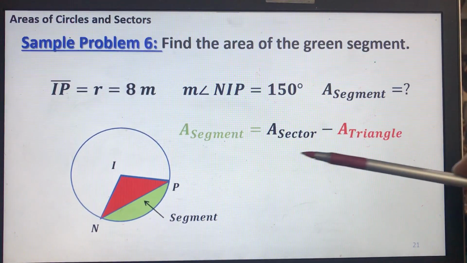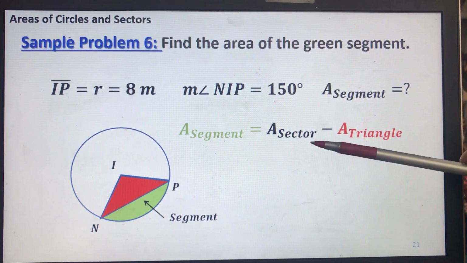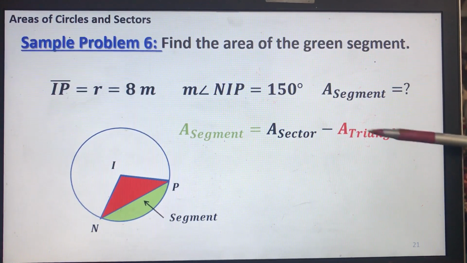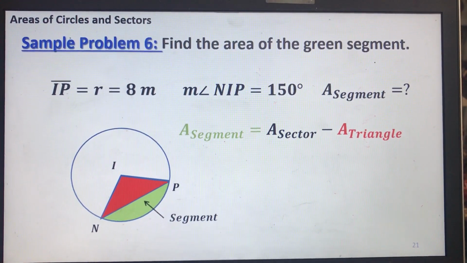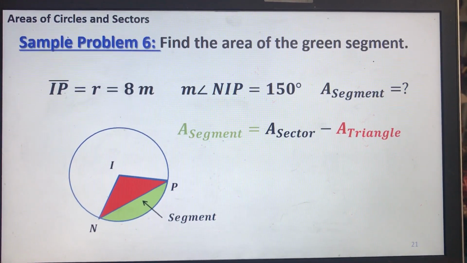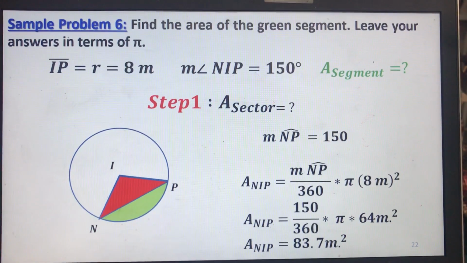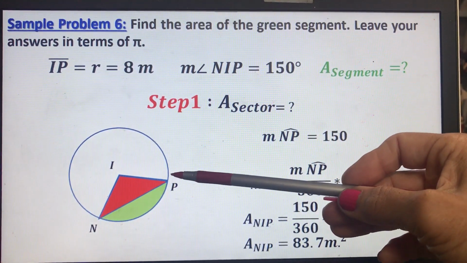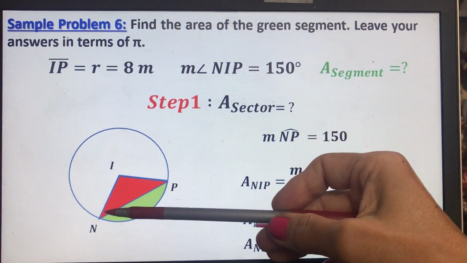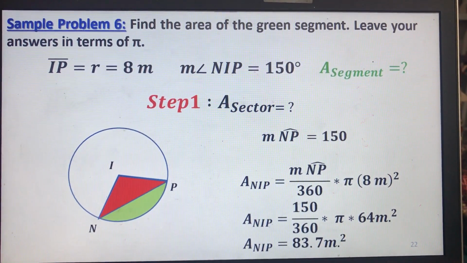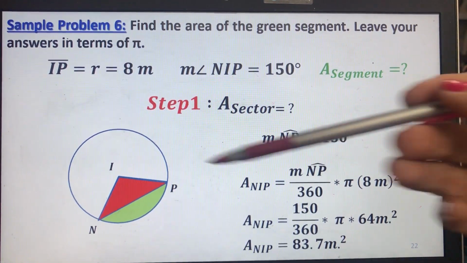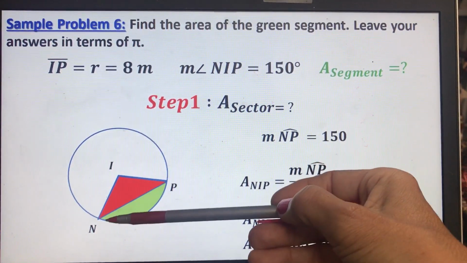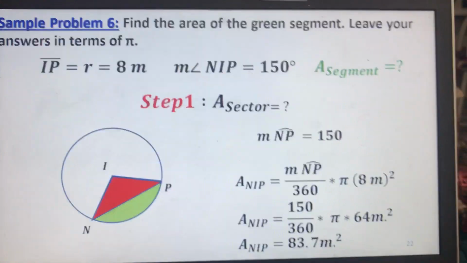So first of all, we have to work on finding the area of the sector. Then we subtract the area of the triangle from what we find representing the area of a sector. Now, in this problem, we are given that line segment IP is equal to line segment IN. Why? Because both segments represent the radii of circle I. So the measure of IP and IN, which are the radii, is going to be 8